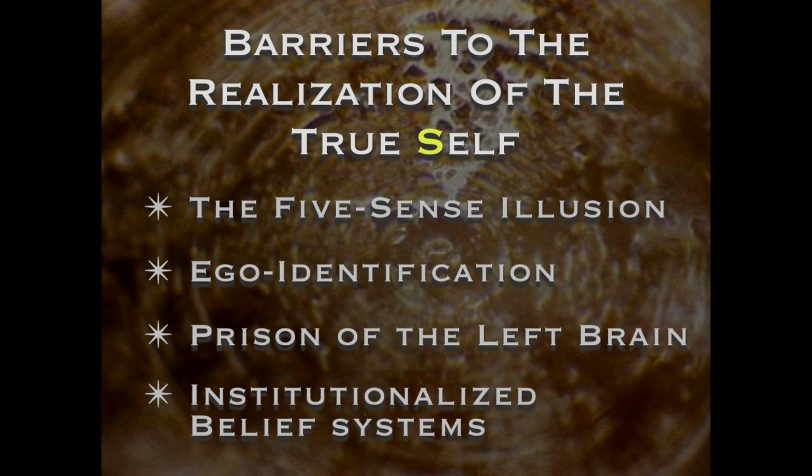and I want to briefly recap the first one, which we talked about the entire time last week, which was the 5 sense illusion. Particularly, I spent a lot of time last week going into an experiment known as the double slit experiment, the experiment which illustrates the quantum mechanical concept known as the observer effect. So last week's show got a little bit scientific. It went into a little bit of the explanation of a technical experiment.